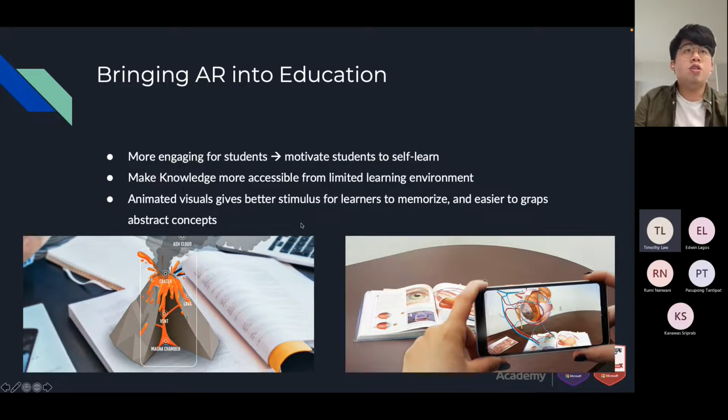All right. So last but not least, I think the animated visuals do give a better stimulus for learners to memorize, because a lot of research has shown that visuals are usually better than words. Visuals stimulate your brain to memorize stuff easily, and of course visuals help you easily grasp abstract concepts,